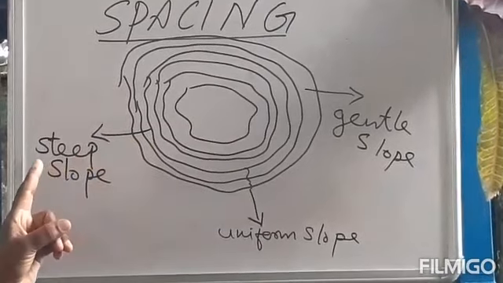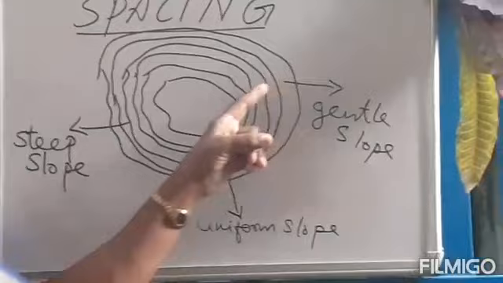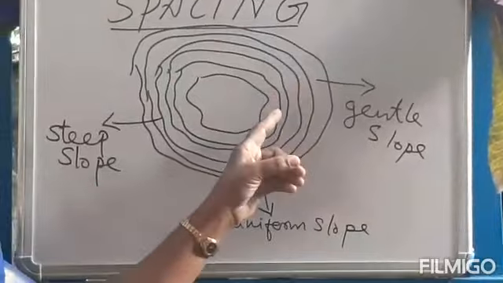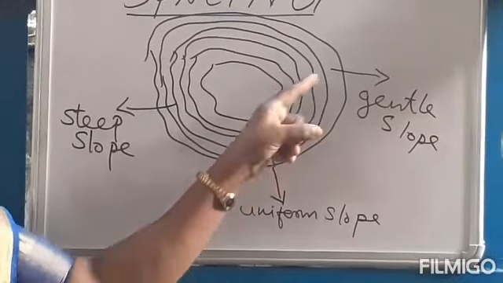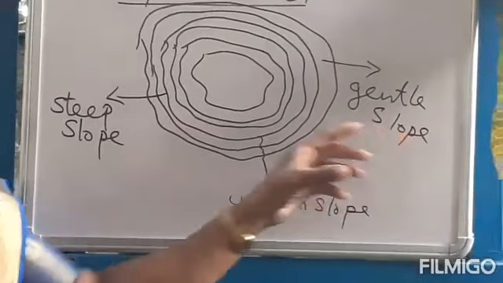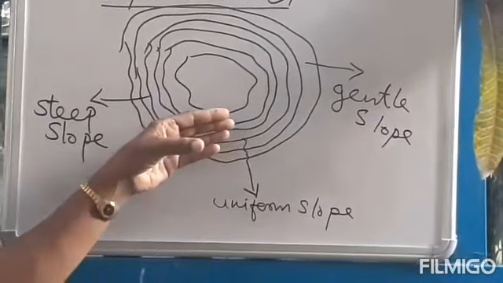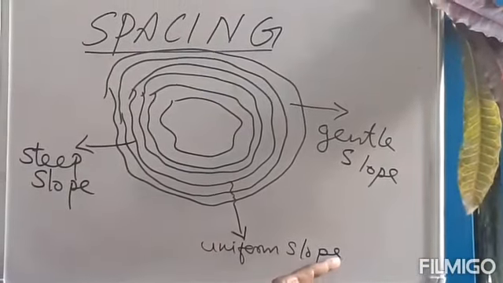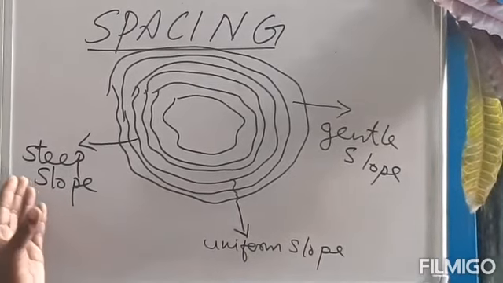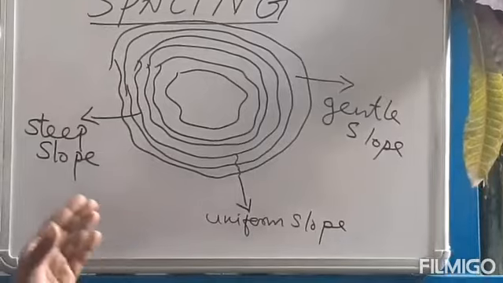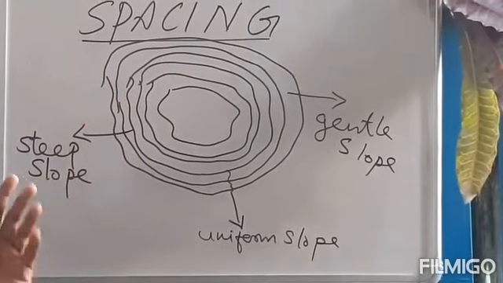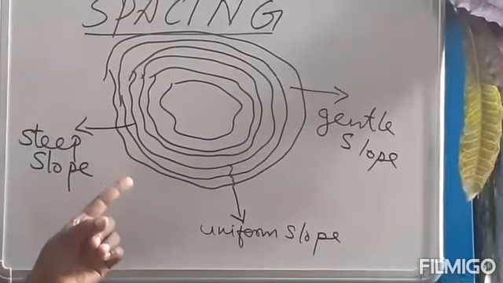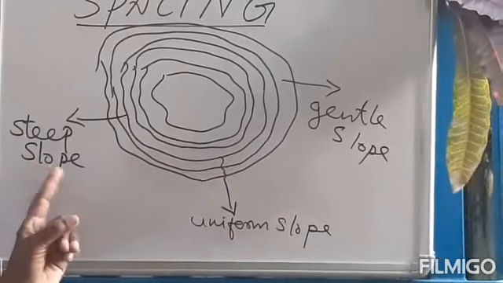If the contours are drawn close together, or there is little space between contours, such a contour represents steep slope. If the contours are drawn farther apart, or there is more space in between, such a contour represents gentle slope, and if there is equal space in between the contours, such a contour represents an area with uniform slope. So, the slope of the land is determined by using the spacing of contours. If we know the spacing of contours, we can easily determine whether the land is gentle, steep or uniform.